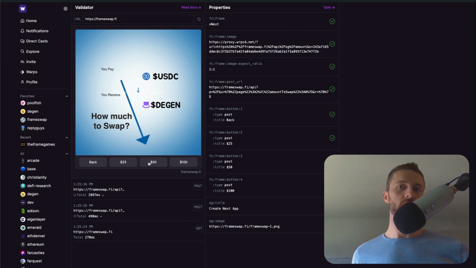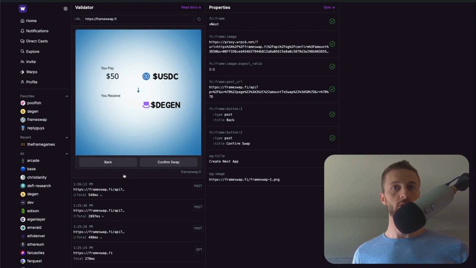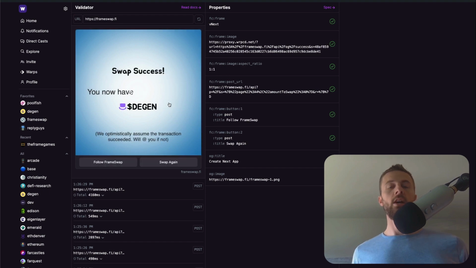and go straight to here where you click that you want to swap $50 worth. Then it shows a confirmation screen. Again, I need to add some more UI here. This also is going to do some calculations, giving you a quote of how much degen you're going to receive. Then you click confirm swap, which actually does the swap behind the scenes. Right now it doesn't, I have to finish that stuff up. So you get why I'm sprinting. There's a lot of stuff to do here. And on the success page, we just have to add how much degen they actually have. So that is pretty much it. I've got to finish those couple things and make it happen,